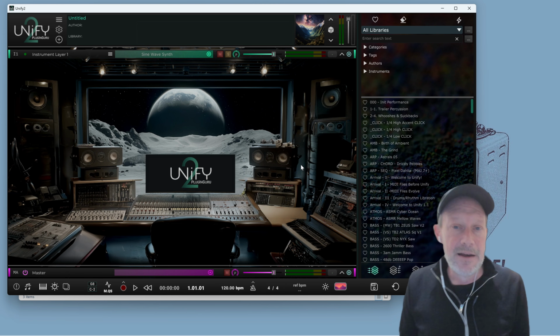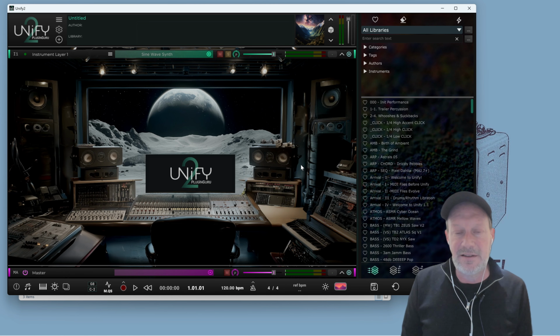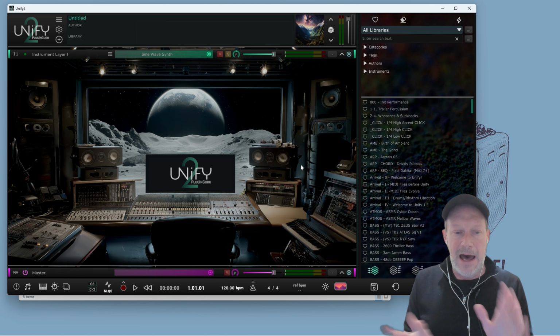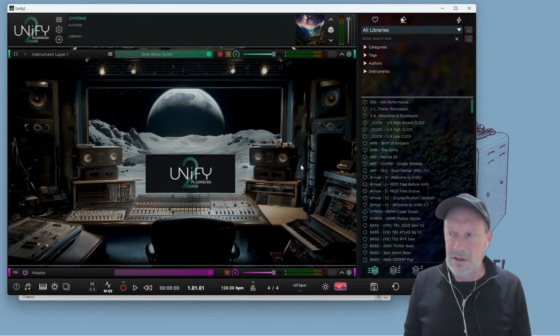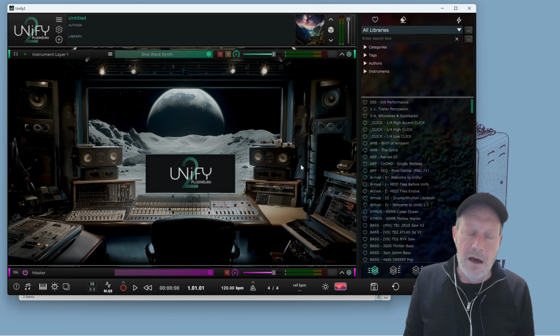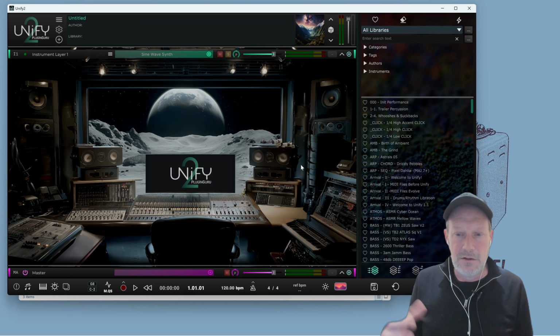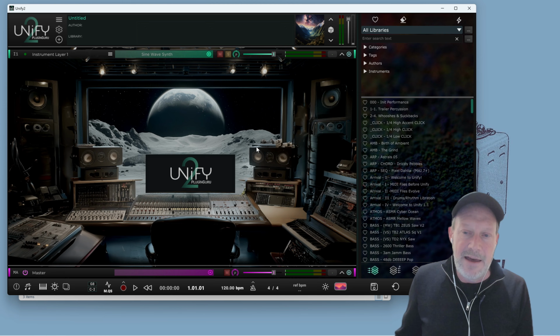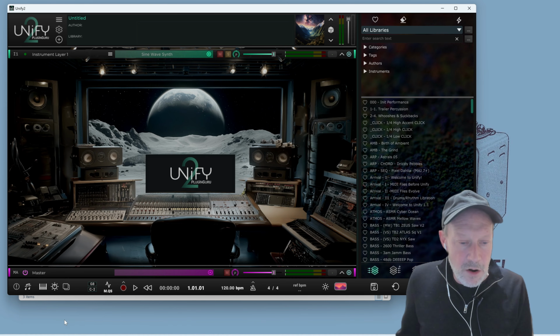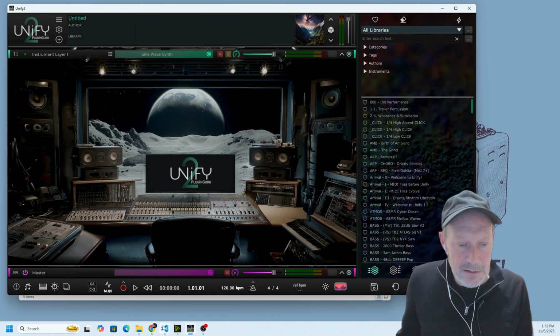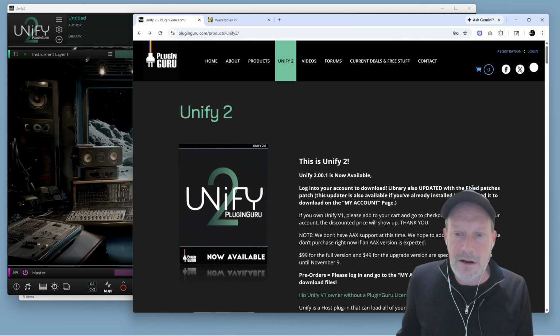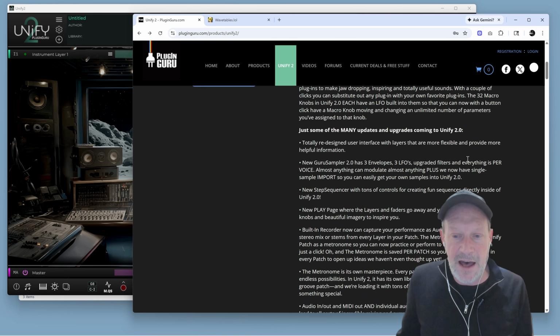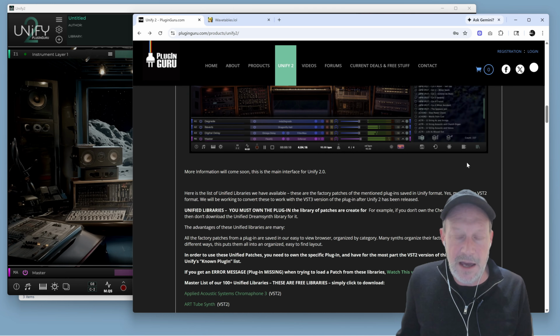Okay, I'm back. Now we've started to see how Unify lives up to its name. Unify 2 lets you combine all of your plugins in this kind of plugin playground. But it does also have another feature I want to make sure I talk about, and that's that there are a whole bunch of unified preset libraries, okay? So